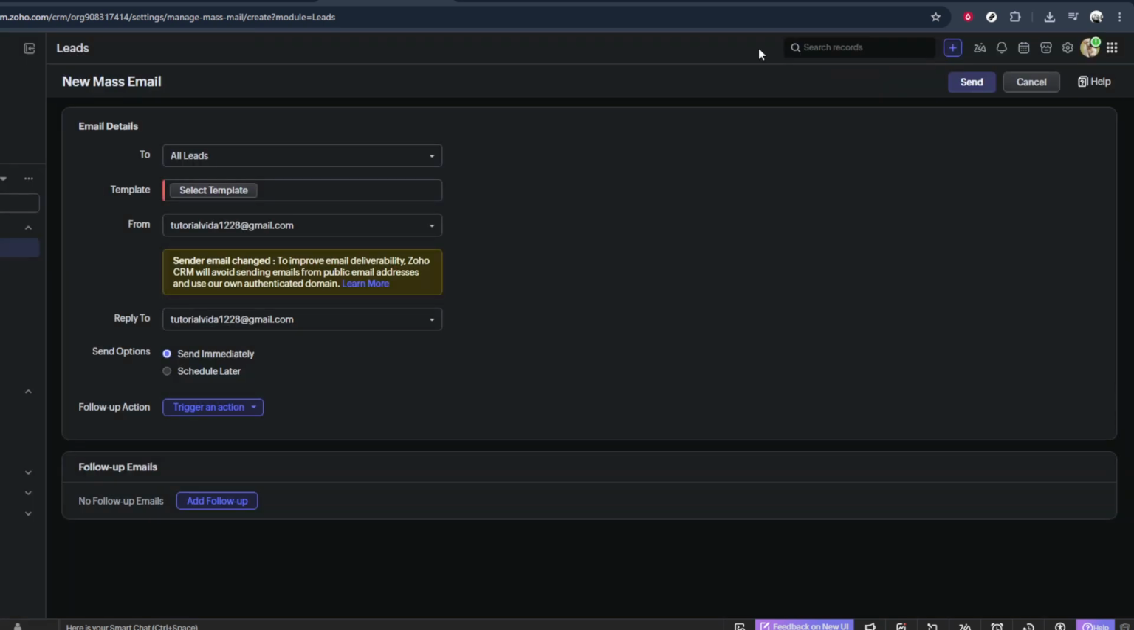On the Details page, start by choosing the recipients. Typically, you can select a specific view or filter of leads, such as All Open Leads, or a custom view you've created. Make sure the view you select only includes people who should receive this message, and that their email addresses are valid. Next, add your email subject line. Keep it clear and relevant so recipients immediately understand what the email is about. Then,